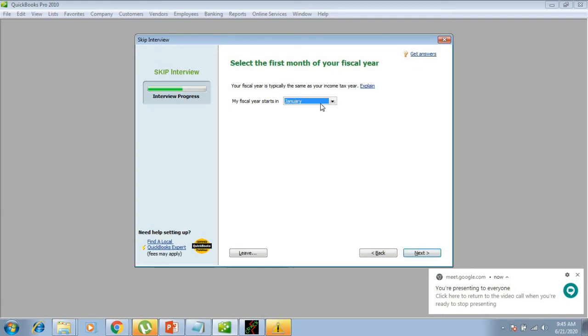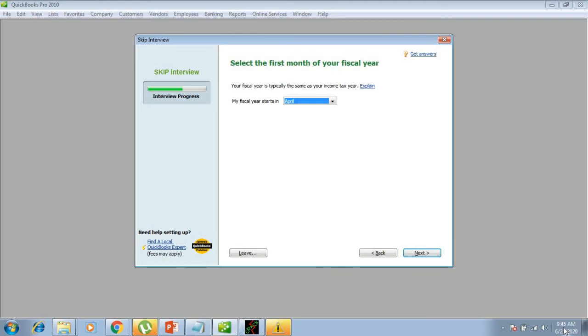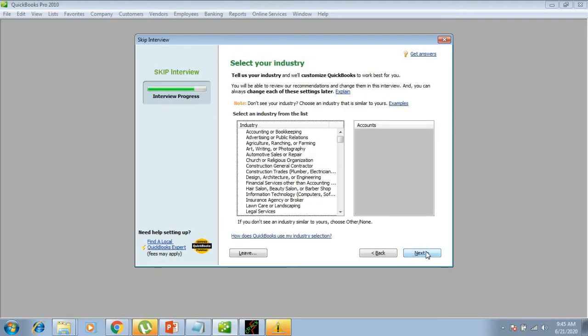Then click next, and in the next screen you have to select the first month of your financial year. So as in the handout, select April. Then automatically your company will continue from April 2020 to 31st March 2021. That happens because of the system date. In your computer, you have to have the correct date and time to have the correct fiscal year. So select April, click next, and in this screen you have to select your industry type. Meantime, on the left side you can see your interview progress. Now we are at the end of the interview.